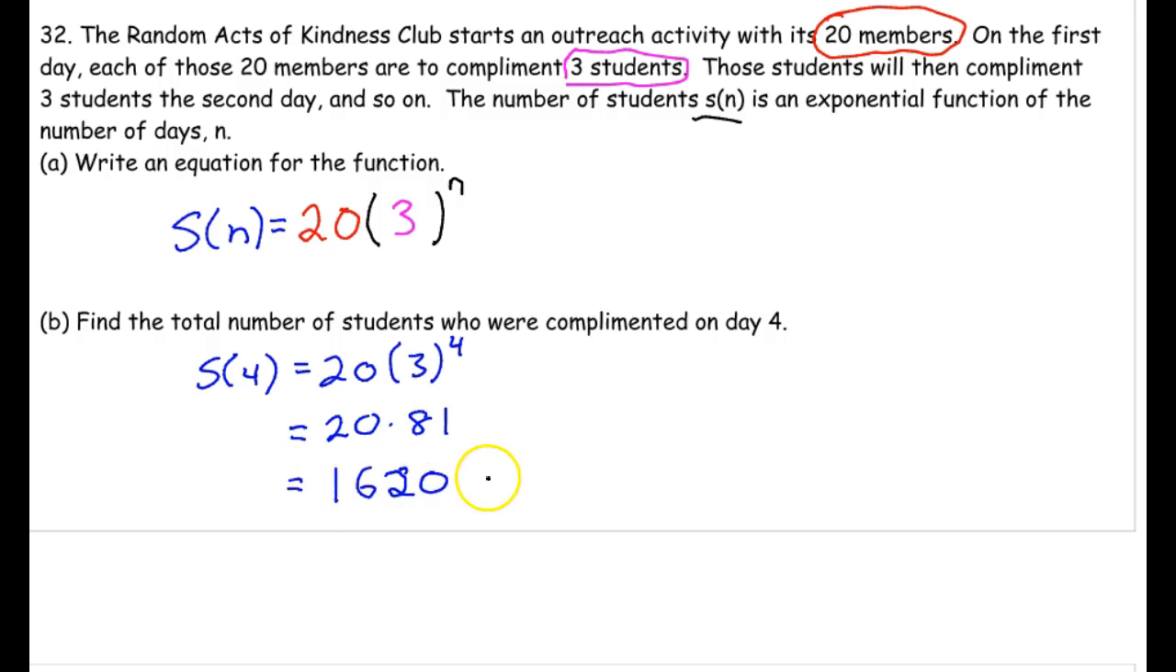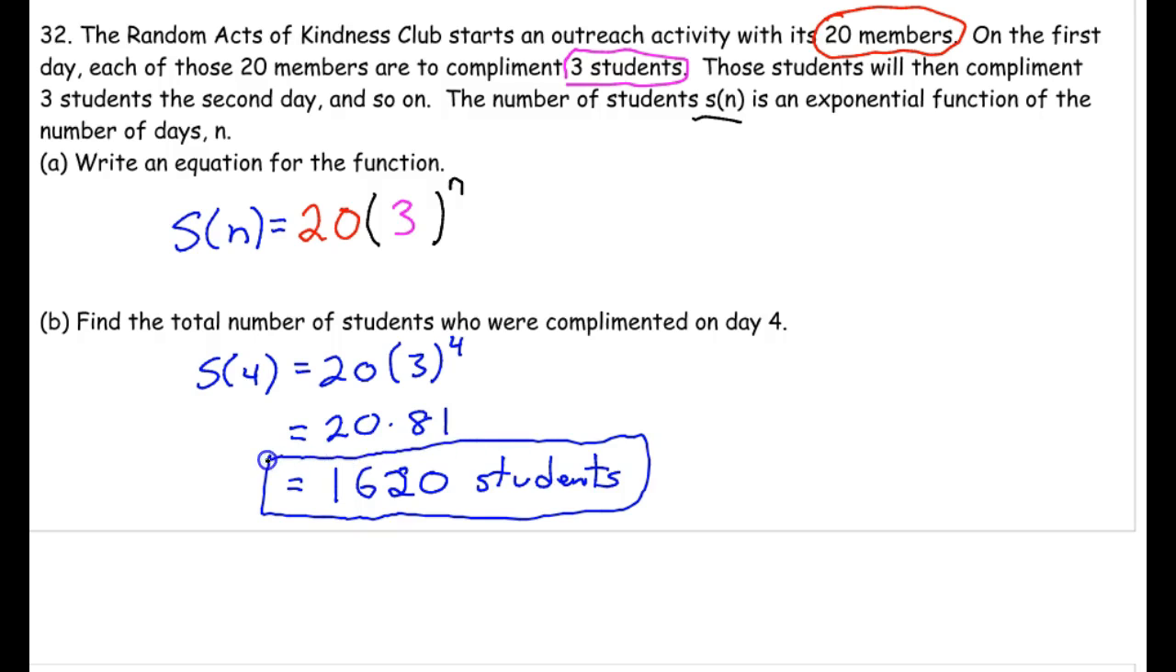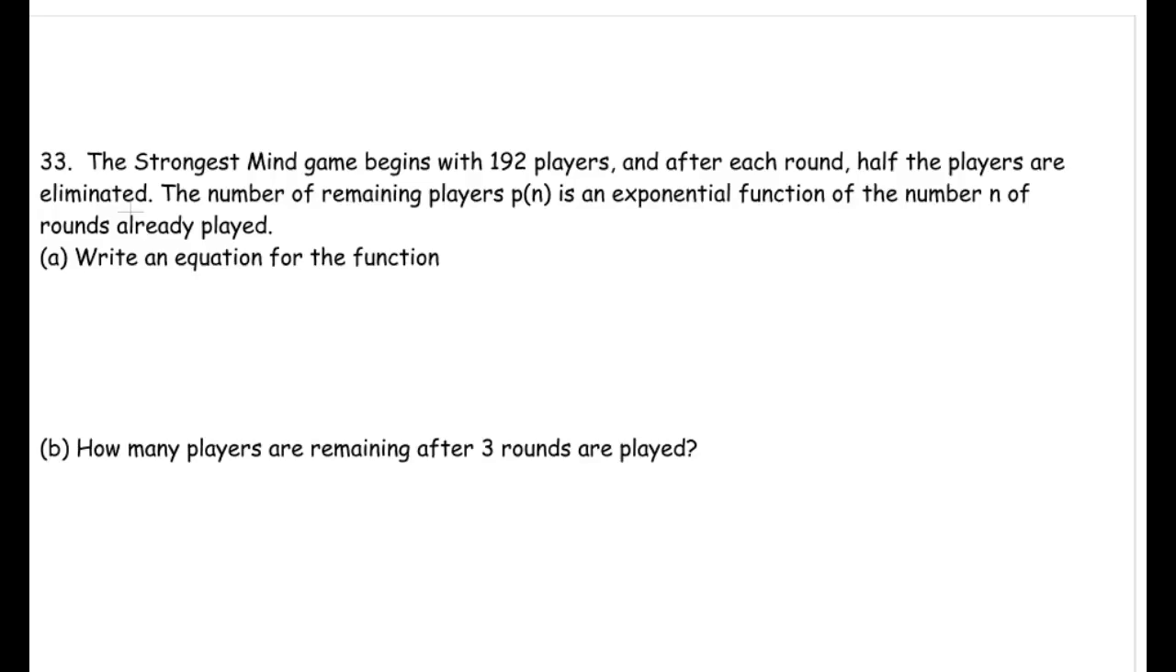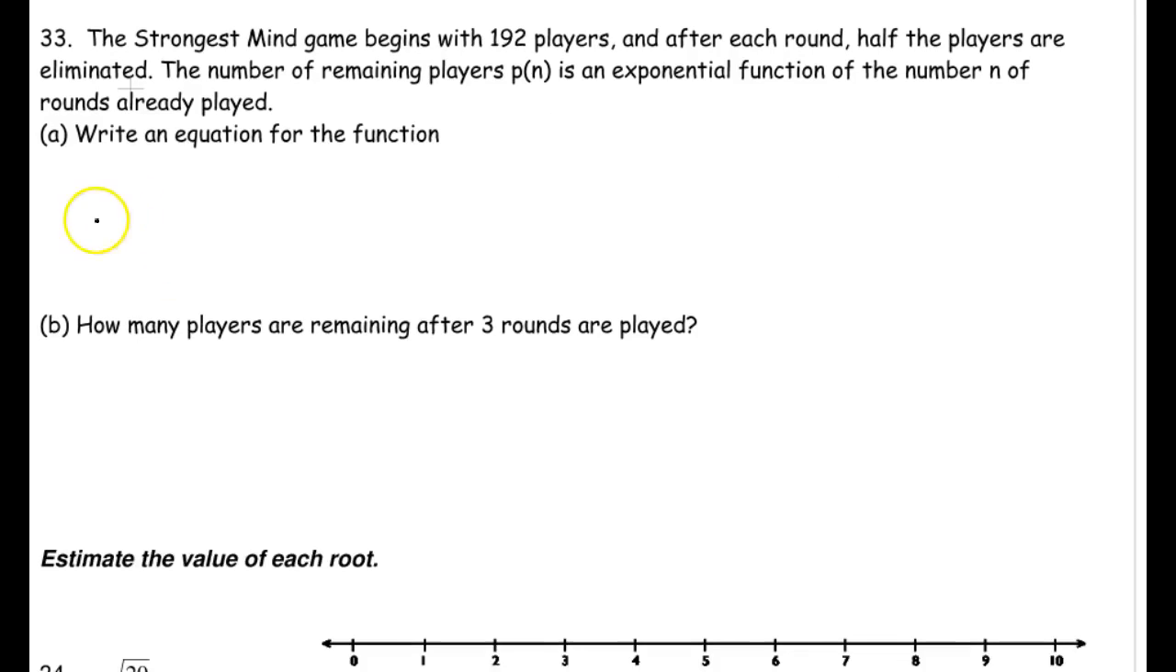Okay, and we're talking about students, so let's put students in. There we go. Alright, let's do 33. Okay, very similar. What are we starting with? Okay, so it gives us p times the rate to the n, and tells us to use that here. We're starting with